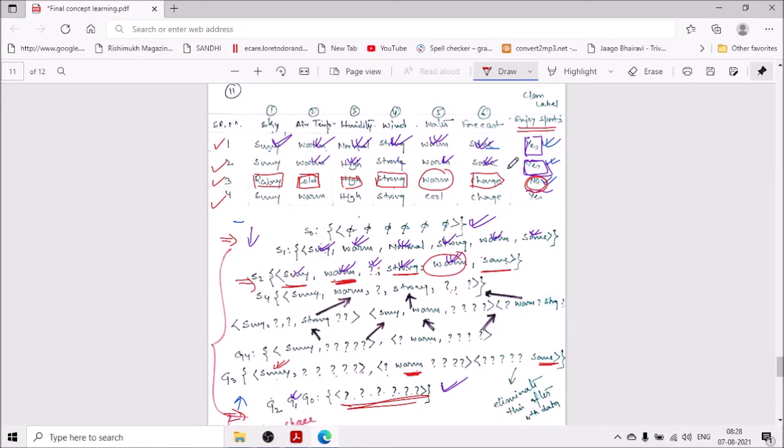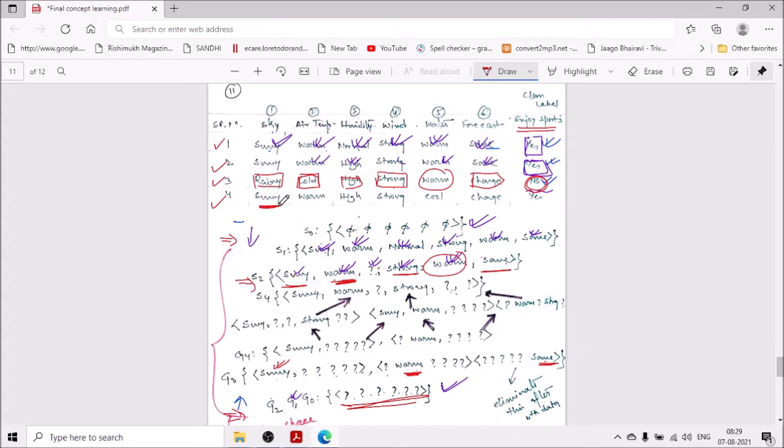Okay. So after the third data, what is our condition? We are in S2 and we have the G3. So in G3, only one attribute value is there. The remaining are question marks. Next, the fourth one. Now, remember one thing: in the candidate elimination algorithm, we have to eliminate the hypothesis if it does not satisfy the positive one, because all the hypotheses are for the yes, the positive class. Now, just check one by one.